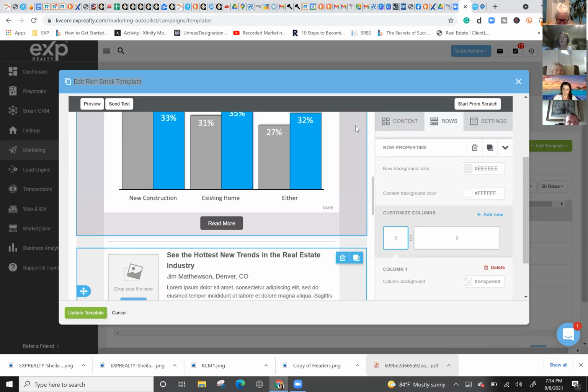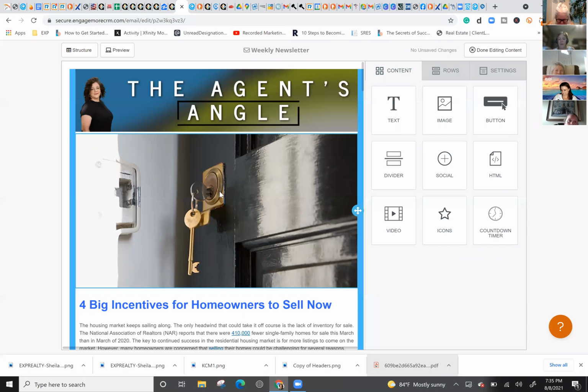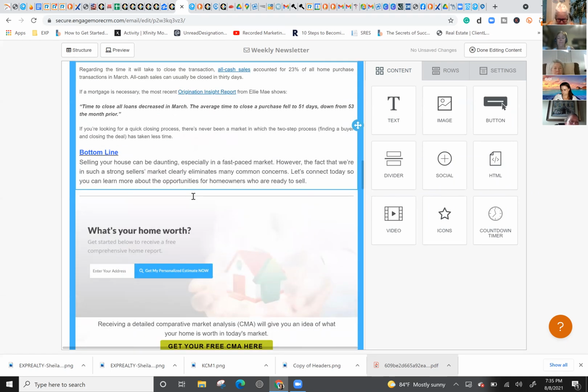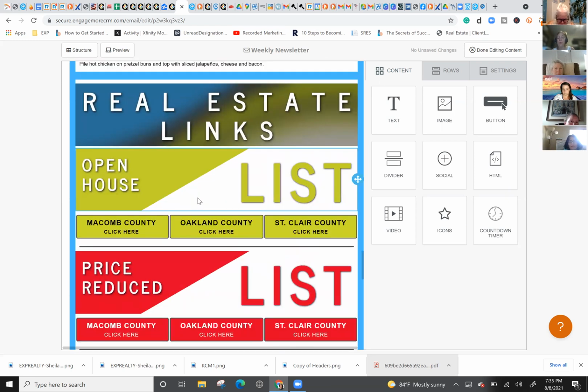All right. So at the bottom of my newsletter, actually, I'll show you really quick. Do I have it on here? Don't judge me with all my open tabs, you guys. All right. So this is my weekly newsletter that I have in my CRM. The CRM is different, but the way the newsletter is in this CRM is almost identical to KVCore's. Okay. But I wanted to show you down at the bottom of my newsletter is where I have hyperlinks to